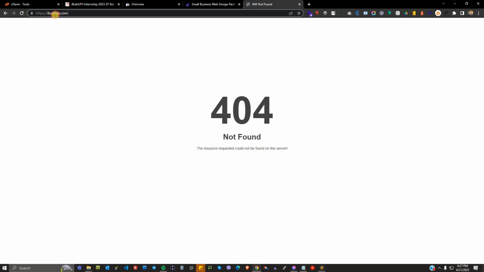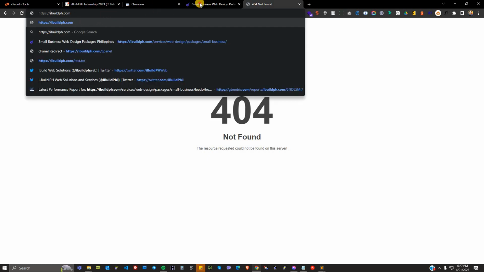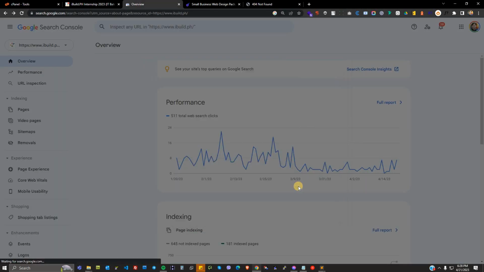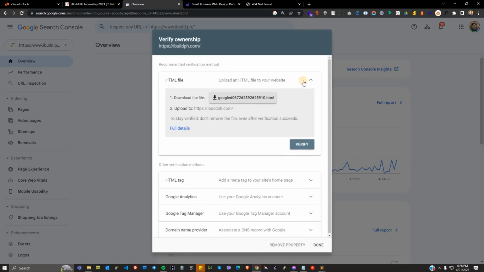So use that. But if for some reason after entering the domain it resolves to a URL prefix with www, of course it makes sense to use that. But in this case, we don't want that. We don't need that. So continue, and the same way it will give you options on how to verify ownership